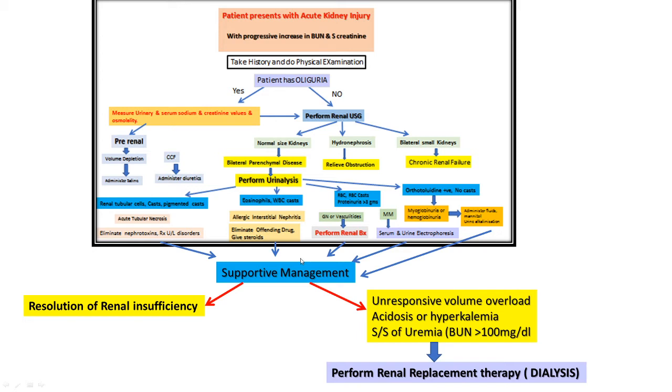whatever the etiology, eventually the treatment is supportive management, where you can get resolution of renal insufficiency. But if there is no resolution, the patient is unresponsive, there is volume overload, acidosis or hyperkalemia, and there are signs and symptoms of uremia, and BUN is greater than 100 milligrams per dL, then you may have to perform renal replacement therapy, also known as dialysis. There are two types of dialysis, so will not